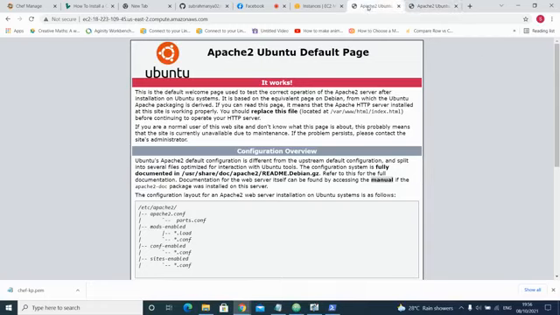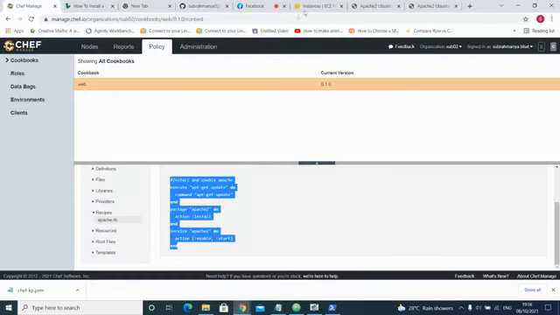So now you can see in both servers we installed Apache Web Server using the Chef server. Now I can come back here and I can check it.